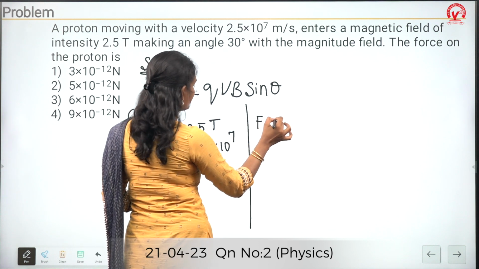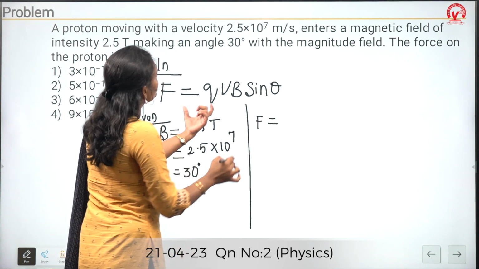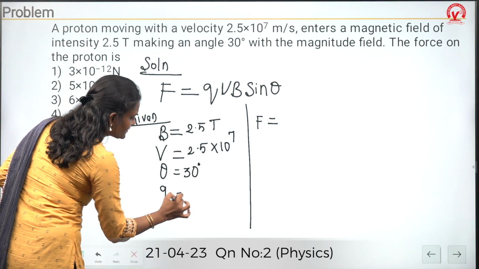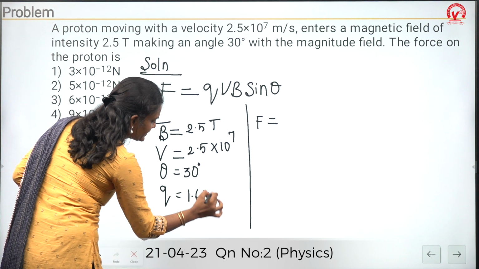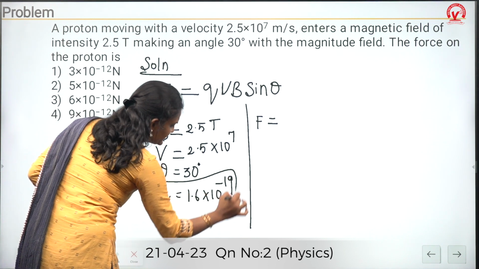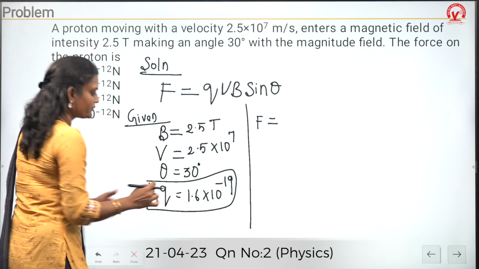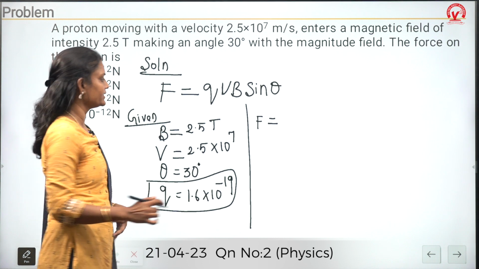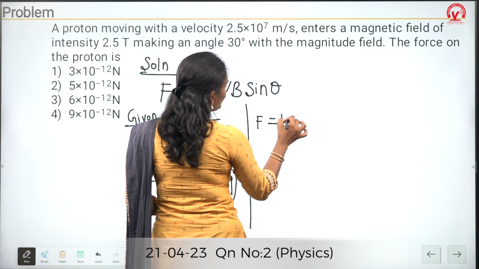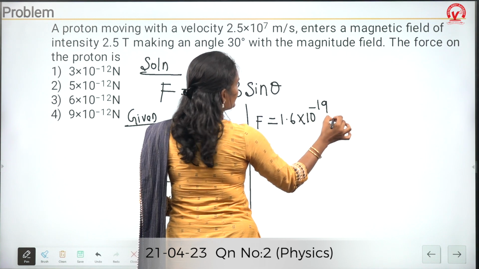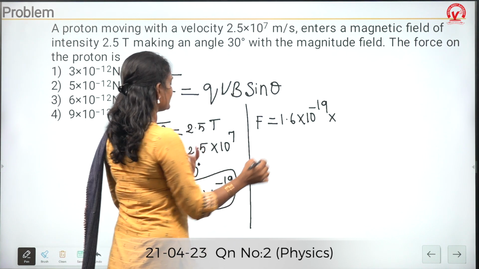F is equal to Q, the charge of an electron or proton. Charge of a proton is equal to 1.6 into 10 power minus 19. This you want to remember. Charge of an electron or proton Q is equal to 1.6 into 10 power minus 19. So Q is equal to 1.6 into 10 power minus 19 into velocity, they have given the velocity as